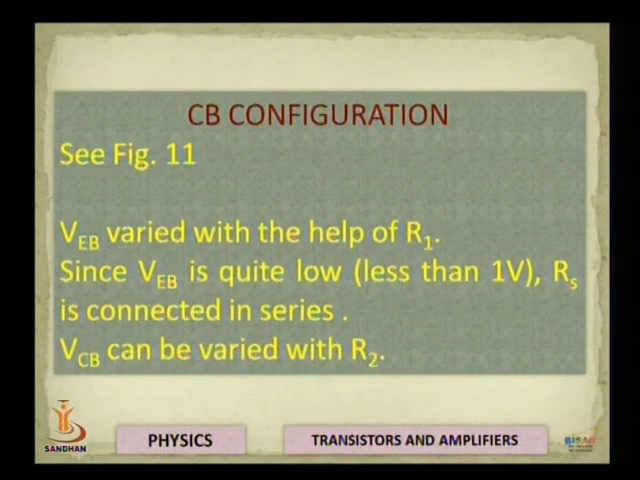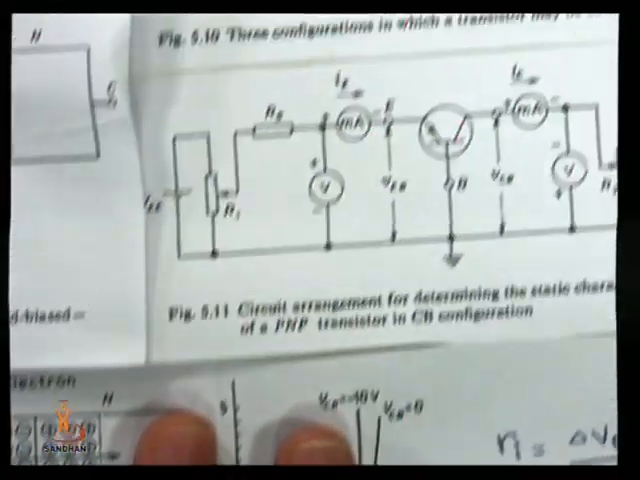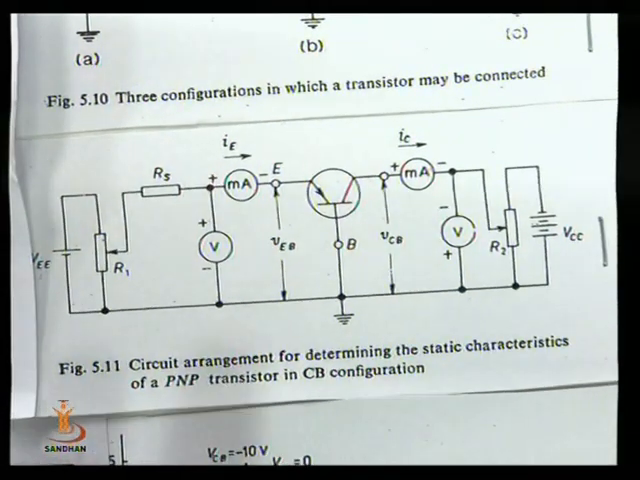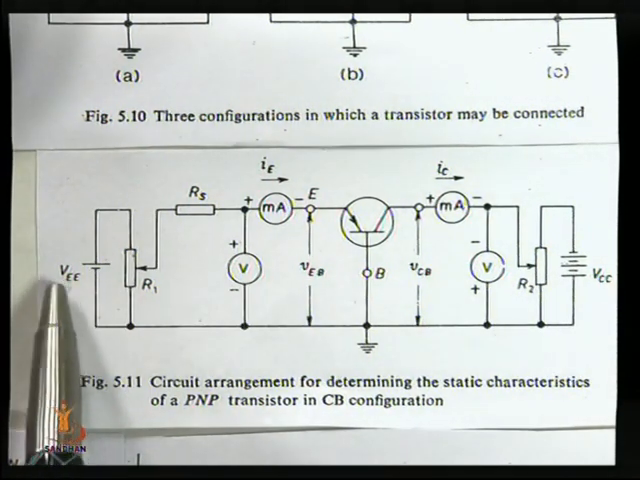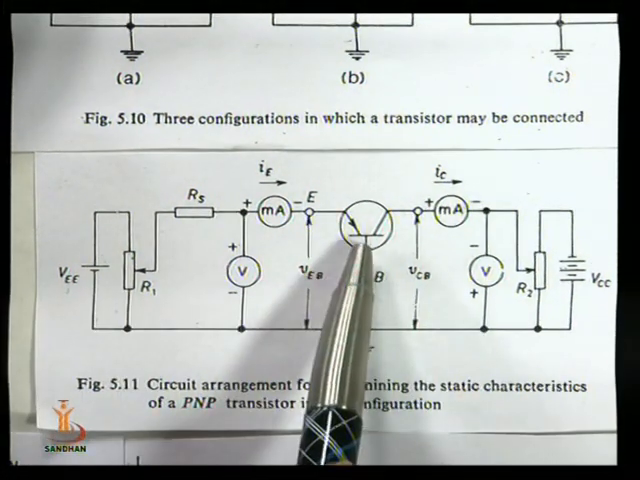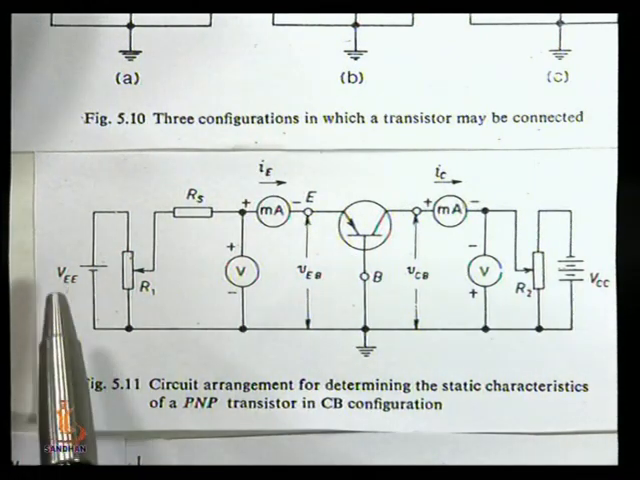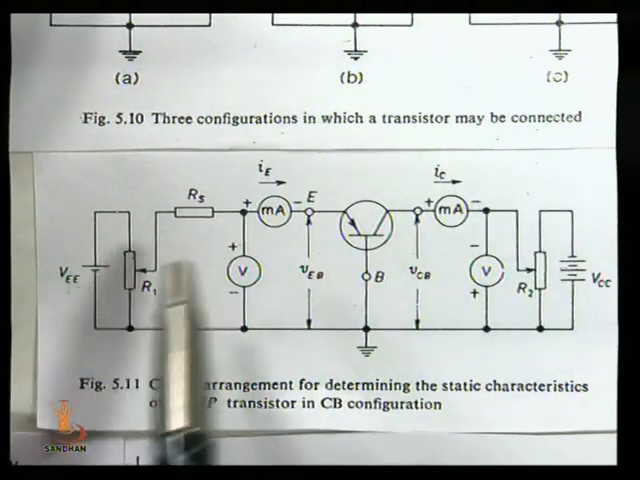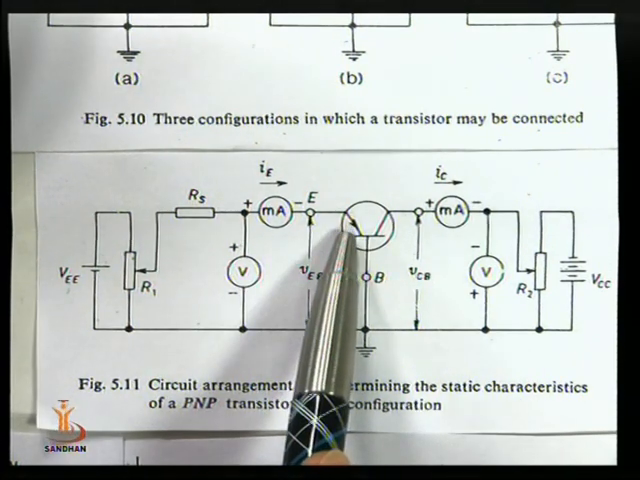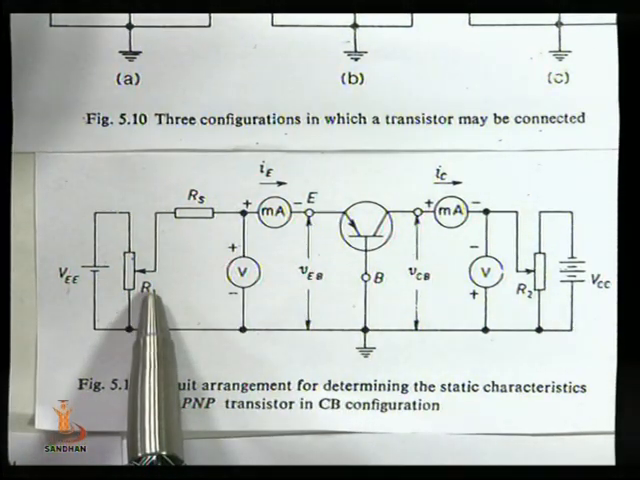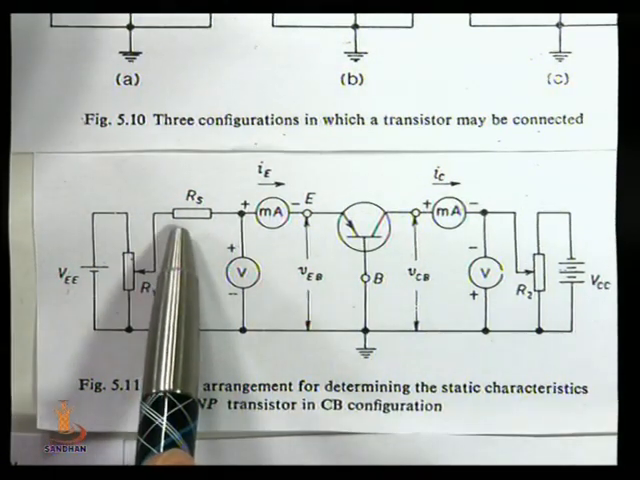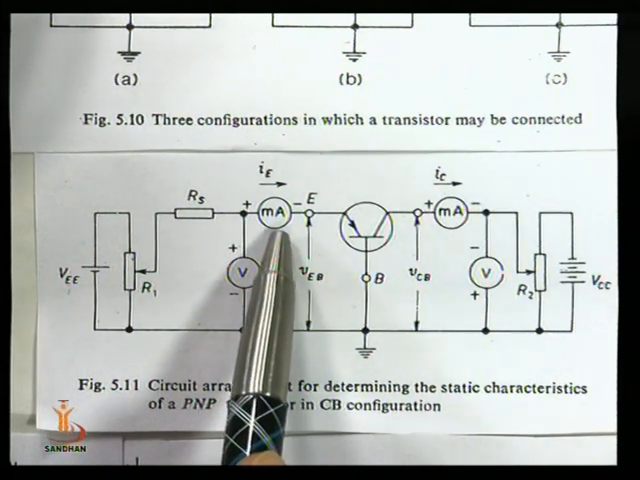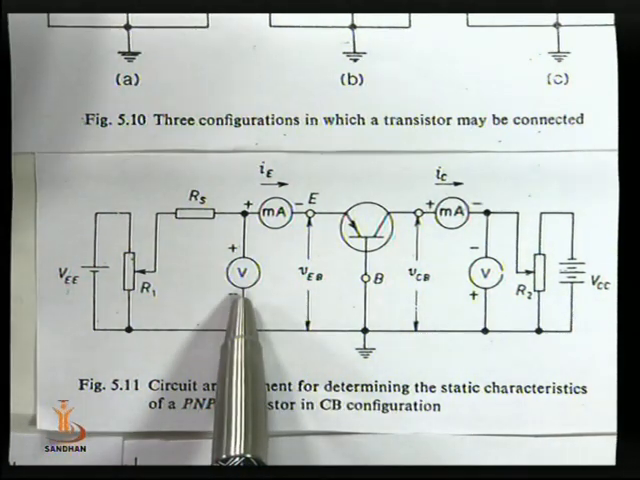If you try to see the figure here, we have the battery VEE to apply the potential to the emitter terminal. But the amount of this VEE is very less. The potential at the emitter junction can be varied with the help of potentiometer R1. We are placing the series resistor to limit the flow of current. That current is measured with the help of a milliampere meter, and here the voltmeter measures the voltage developed across